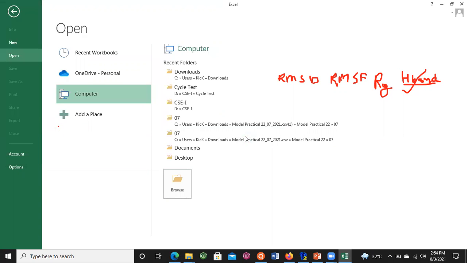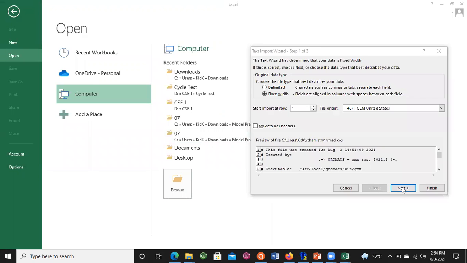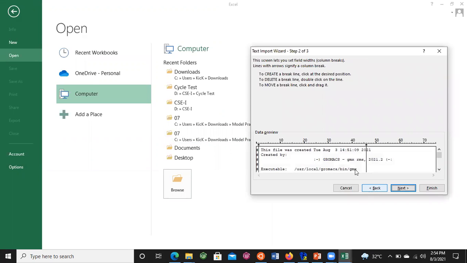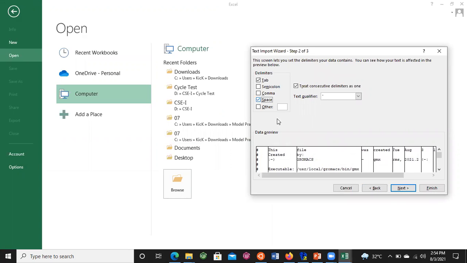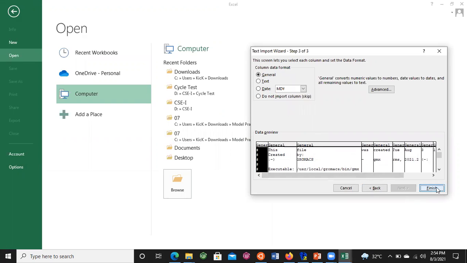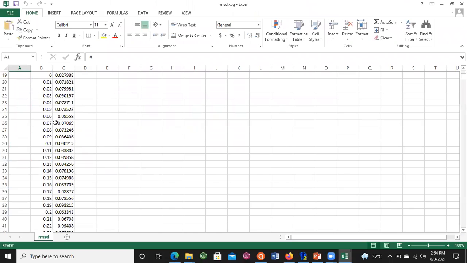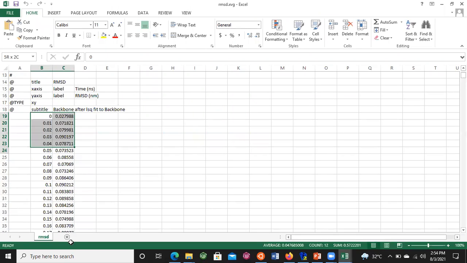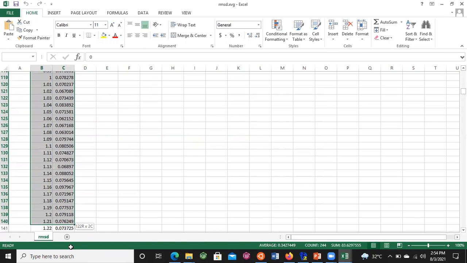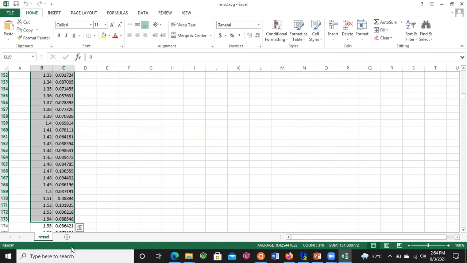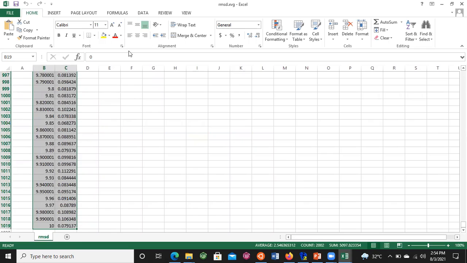Now browse for here, next, and select space, because space separated values will be separated. This is the parameter, and select these 2 columns and draw the graph.